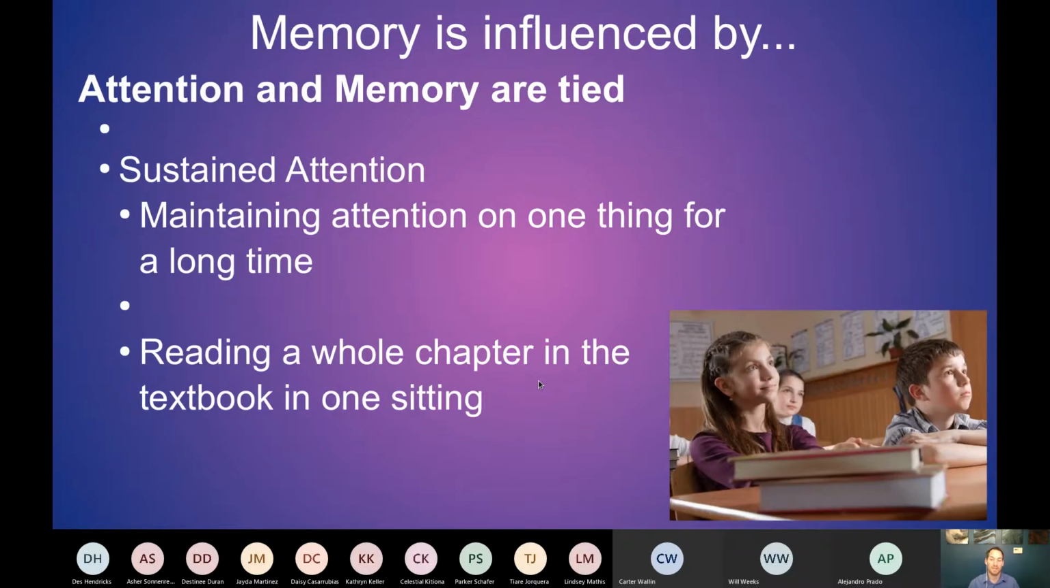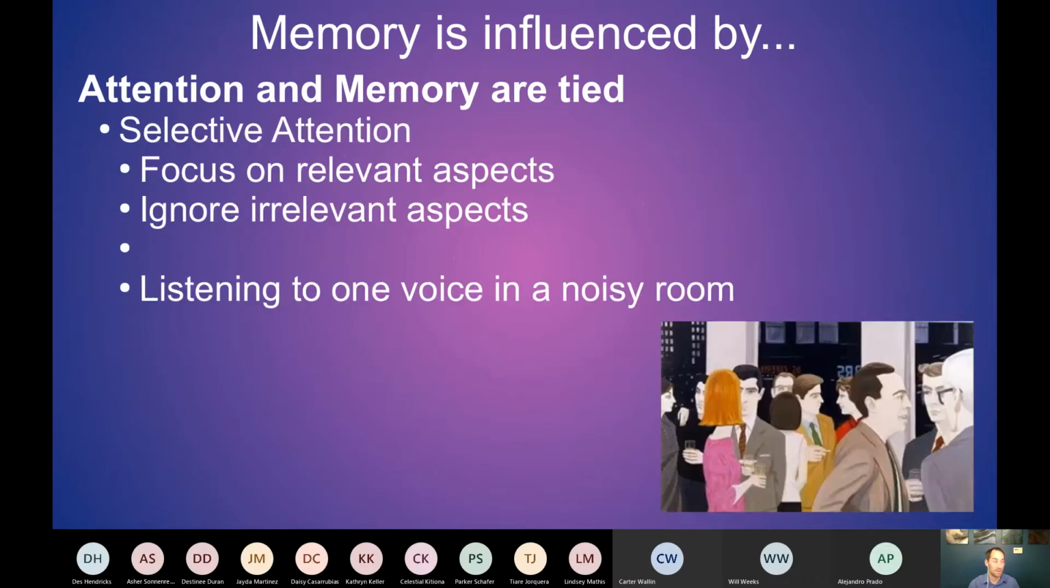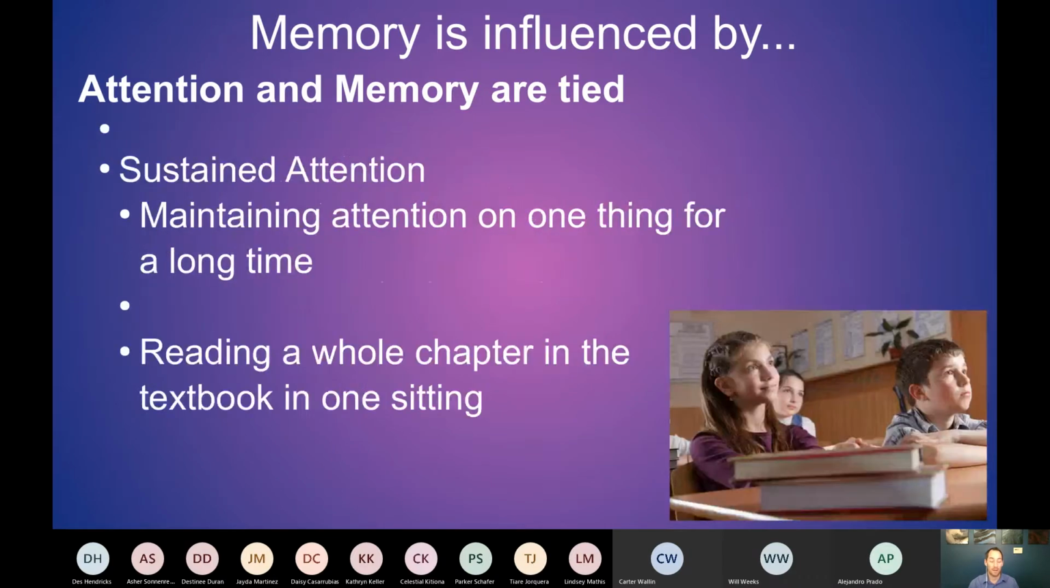Sustained attention is related to some of these. You've got to have selective attention first, in a lot of cases, when you're using sustained attention. So this is maintaining that focus on one thing for a long time. Reading the whole chapter in one sitting is an example of sustained attention, or listening to all of a lecture all at once. So if you're watching this recording after the fact, going through the whole lecture all at once,